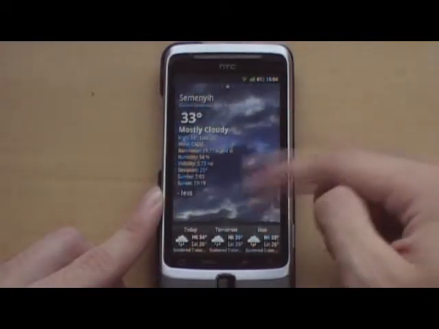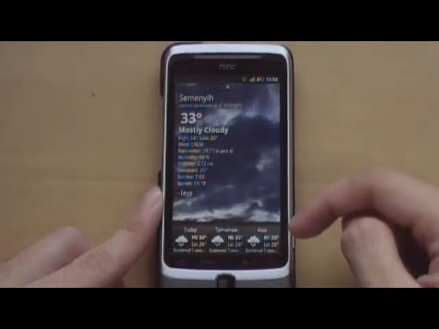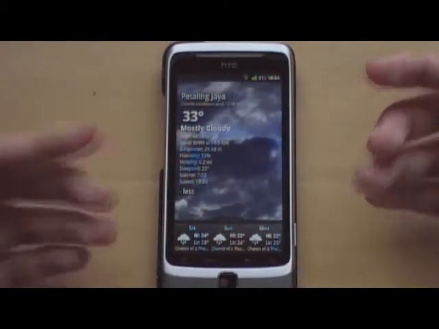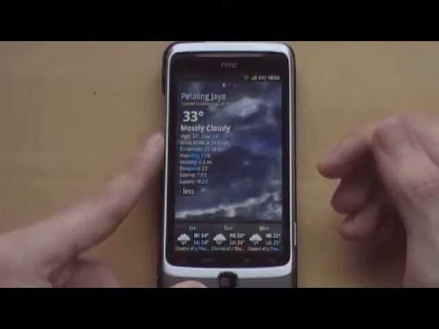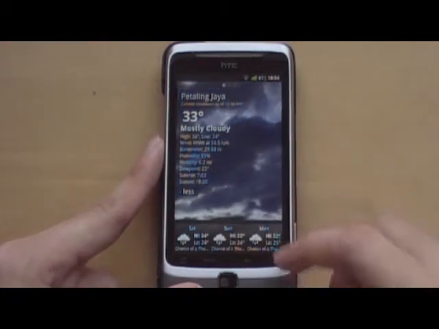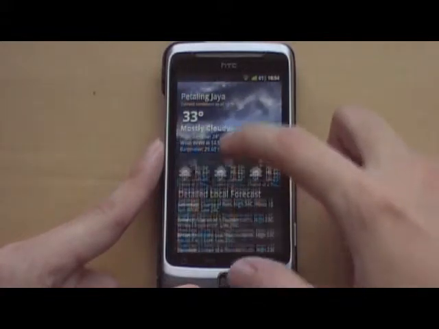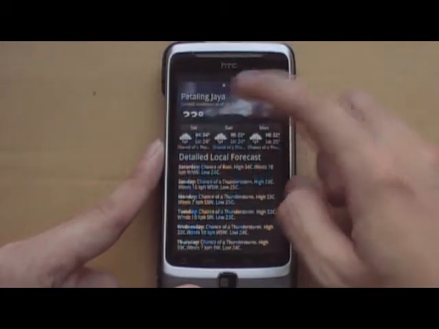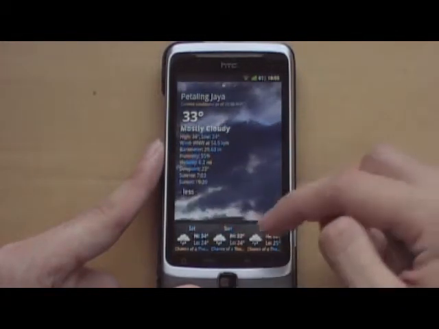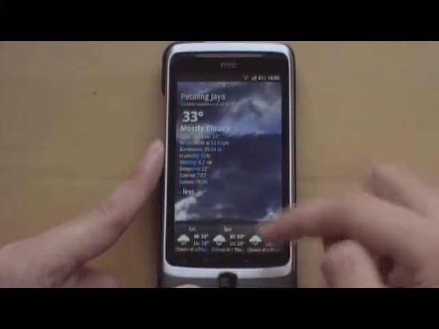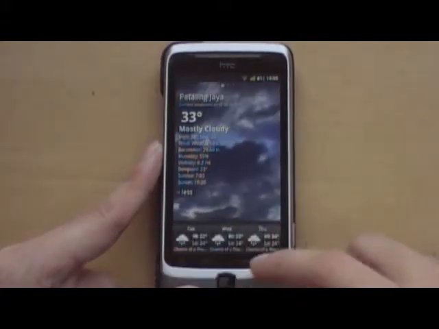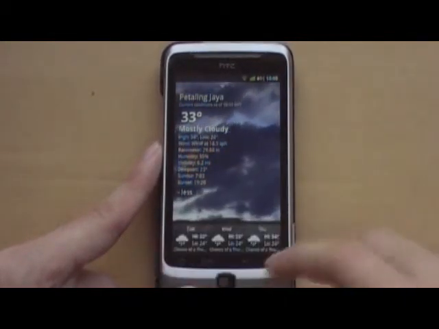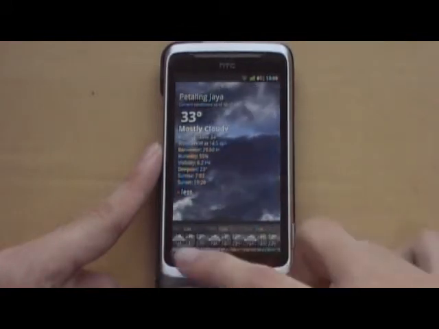The transition between the background video is a bit choppy, and Go Weather doesn't have the animation overlay as provided in Beautiful Widgets. Down here we have a tab that we can pull up to see detailed local forecast. We can minimize it down to here or minimize it altogether. This bar we can actually scroll to the left or right. It's a 6-day forecast, so let's say today is Saturday, we will be missing Friday.